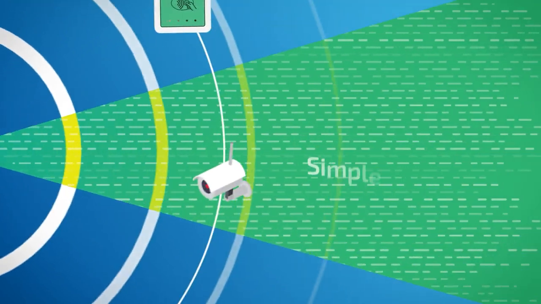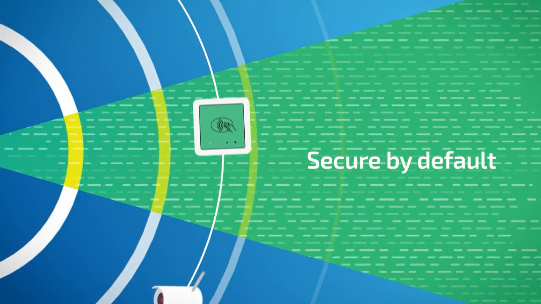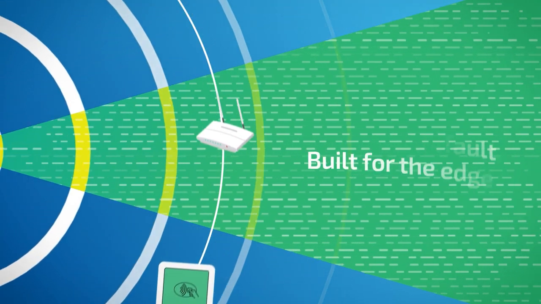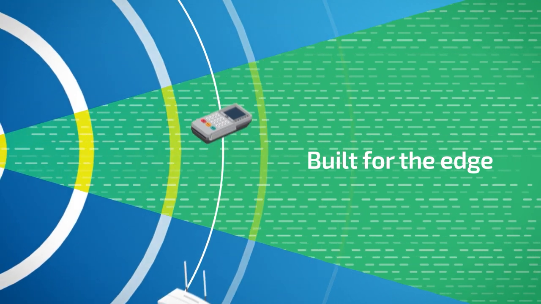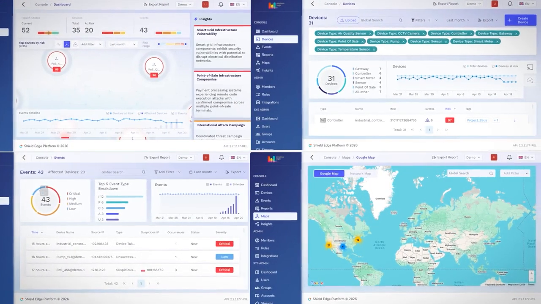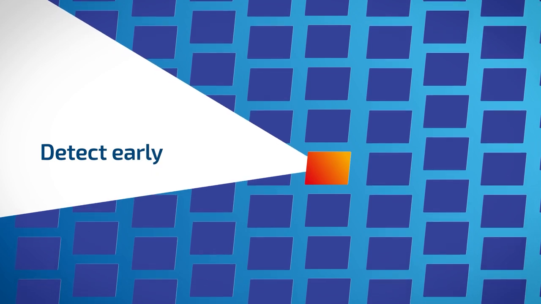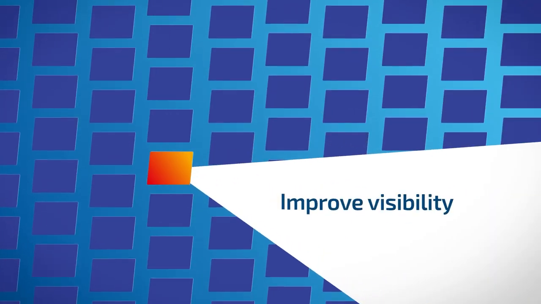You don't have to install a device agent, change firmware, or keep updating it. And you don't have to manage it. It just keeps working. With Anomaly and Threat Detection from Wireless Logic, you can detect threats earlier, improve visibility, reduce